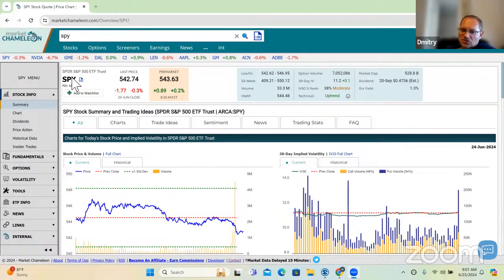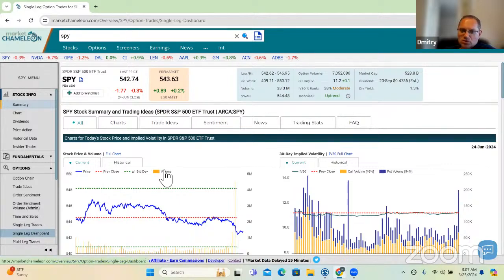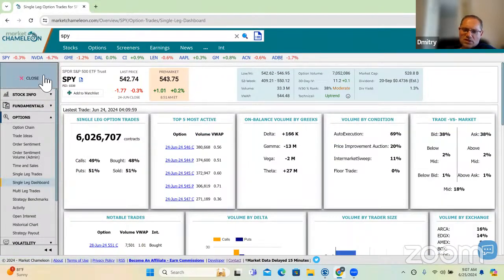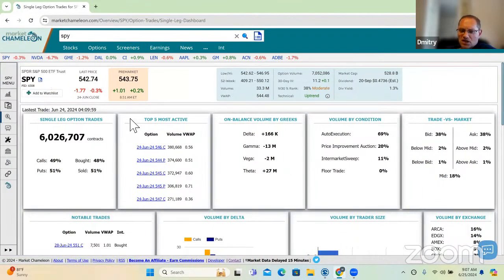All right, let me share my screen here. And I'm going to continue on yesterday's discussion on SPY. Over here, we're going to come back to the single leg dashboard. And what we did was cover some of the analytics on single legs yesterday for SPY, and the single leg